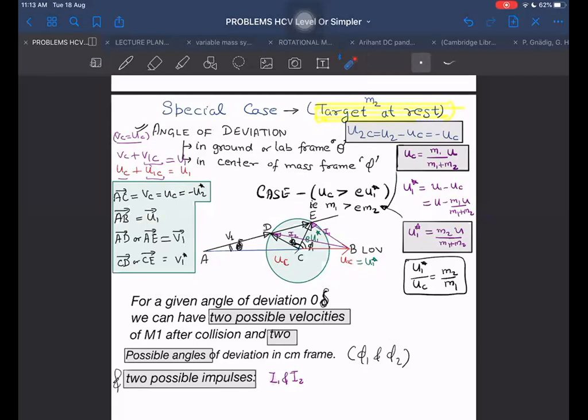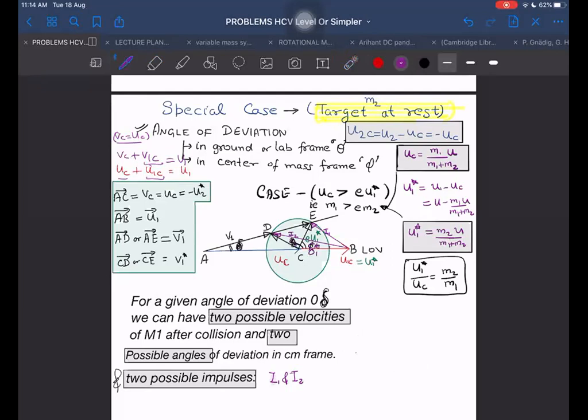What is the AD vector? The AD vector is this vector here, or AE. These two will be final velocities depending upon our angle of deviation in the center of mass frame, phi1 or phi2. Depending upon that, it could be this or it could be the other one. Rather than writing phi1, phi2, I could have written delta 1 star and delta 2 star, because I normally do that. So here this is delta 1 star, and there is another here which is delta 2 star.